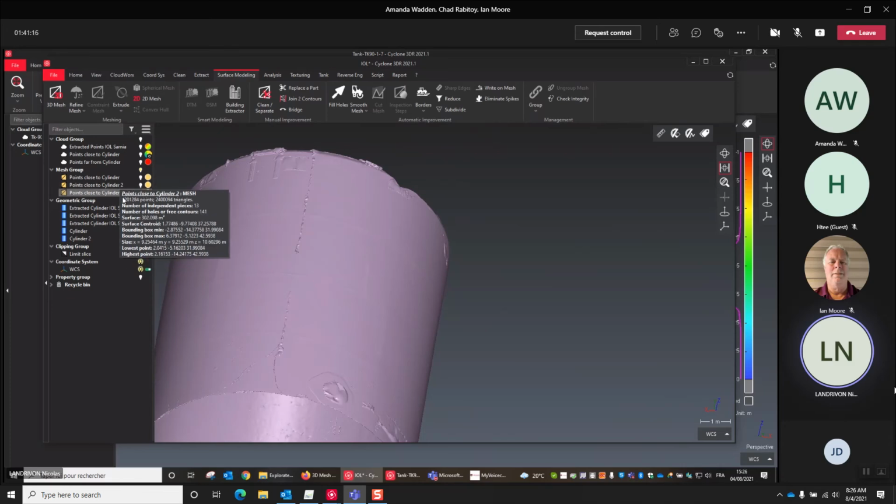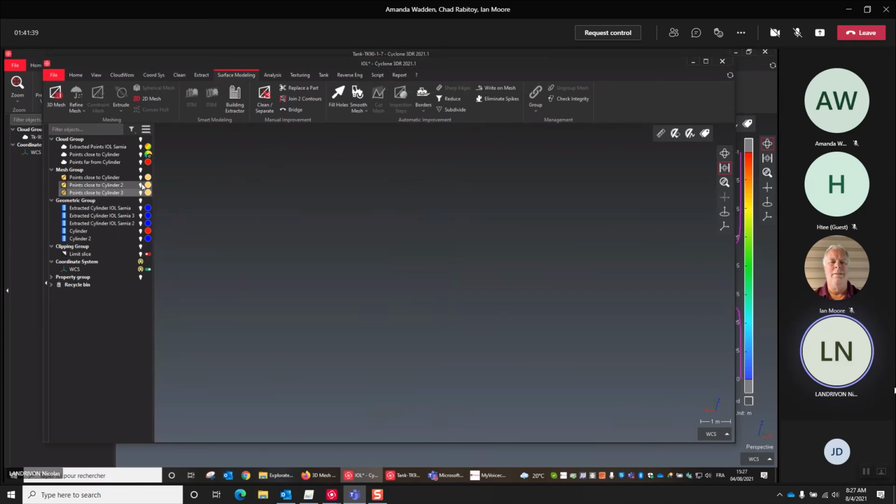The second one, we use only here 700,000. Difficult to speak today. Here the very detail.